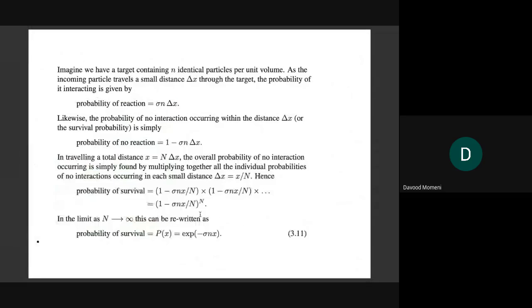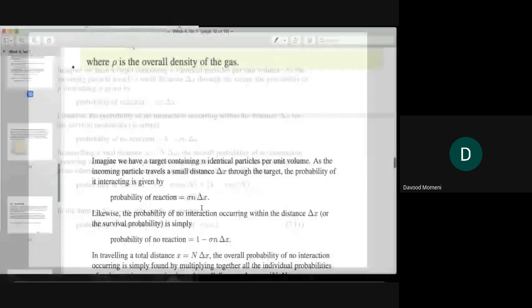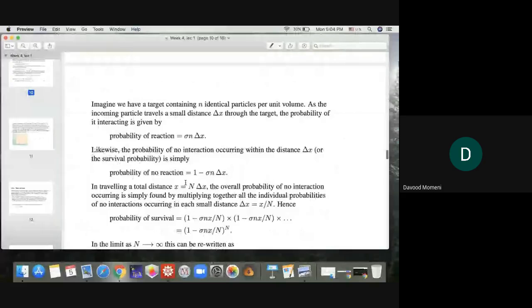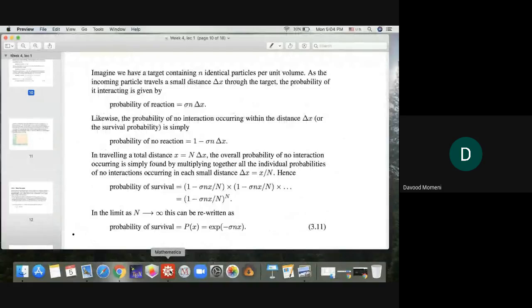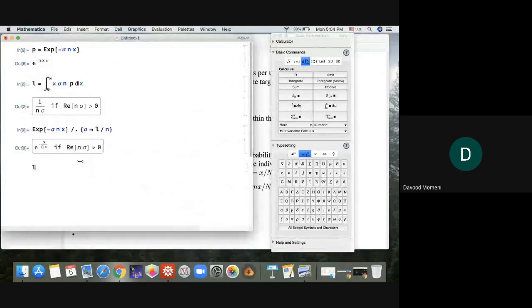Do you know how in the limit it becomes exponential? I want to explain that. It is instructive to see why you can easily take the limit of 1 minus sigma n